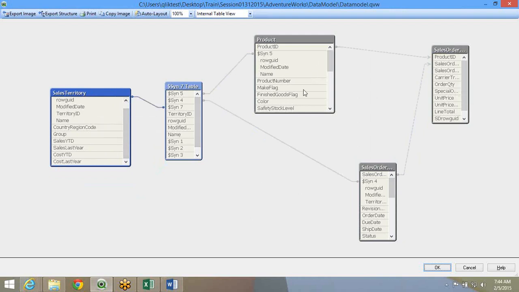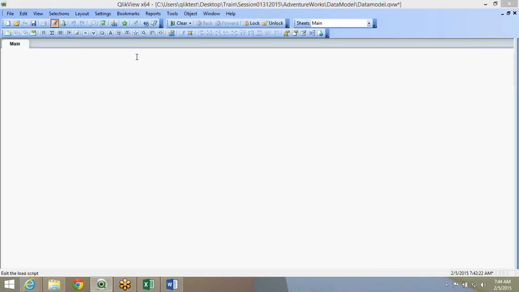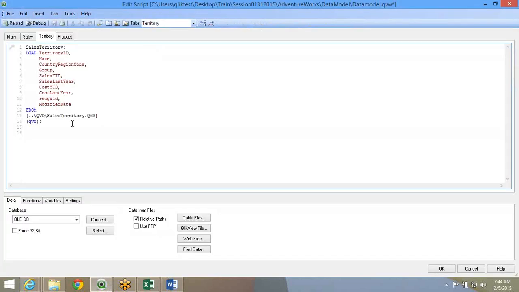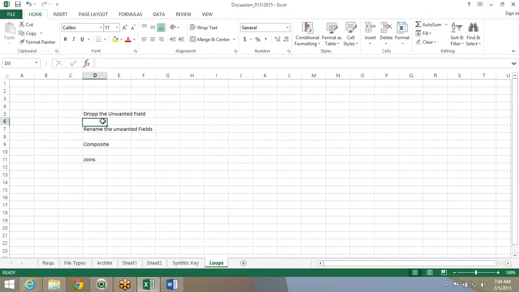But if I don't resolve it, it will still be a loop. Maybe I can't delete the columns, I can't reduce the columns, or I can't find a right key. So what I can do is left join the sales territory to sales order header, so that I'll have one table. So there are different methods of doing it. We'll see the joins in some time, but first we'll try to resolve it with the first 3 steps.